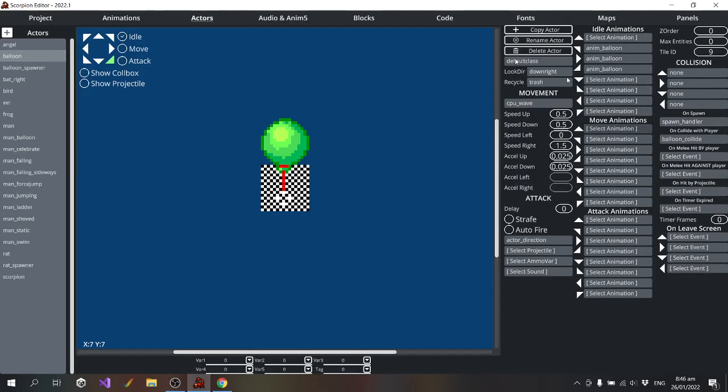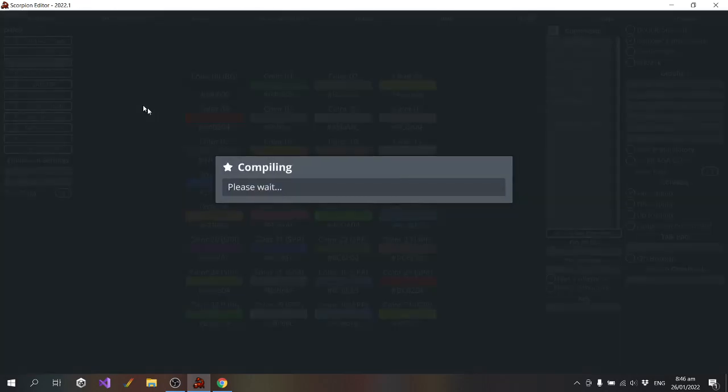At the moment, the balloon wraps around the screen when it goes off the right. This time I won't do that. I'll just make it so that it destroys it.